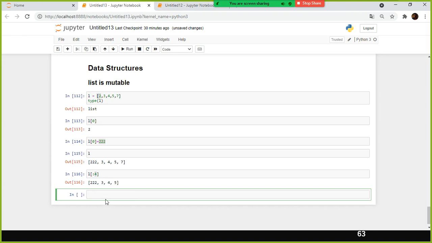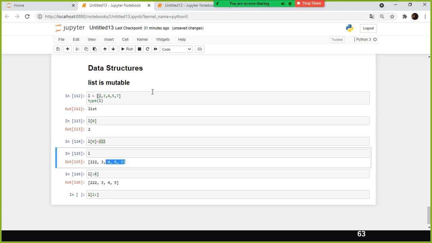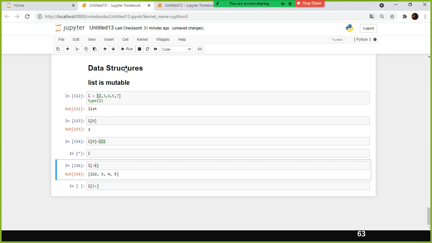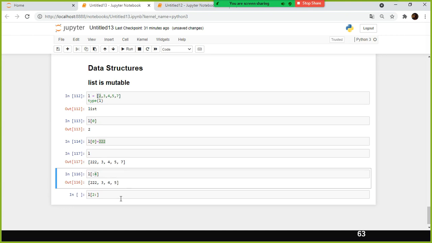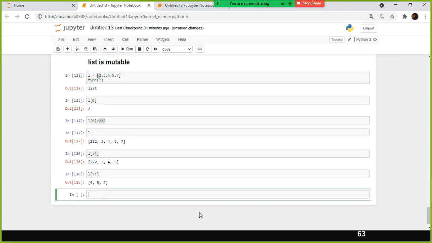So 222, 3, 5. The same thing you can do here: L square bracket 2 colon. What am I going to get? 0, 1, 2. Starting from index 2 till the end, you display it. 4, 5, 7. Good.